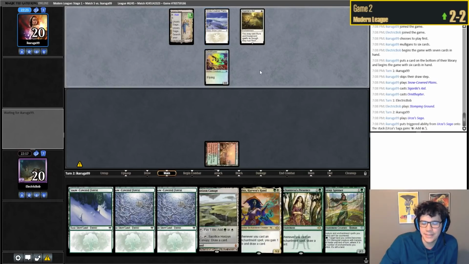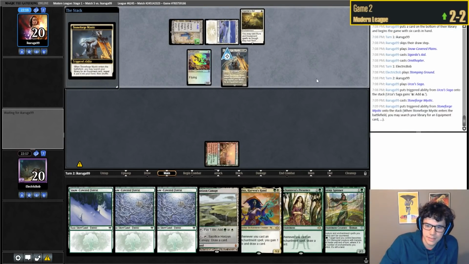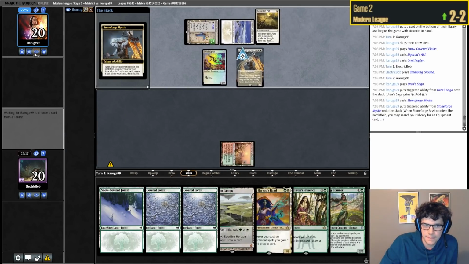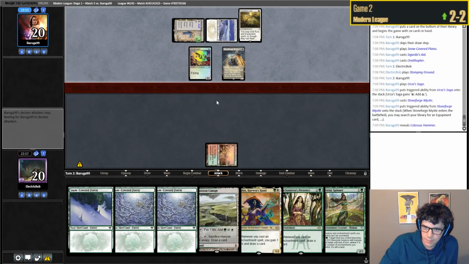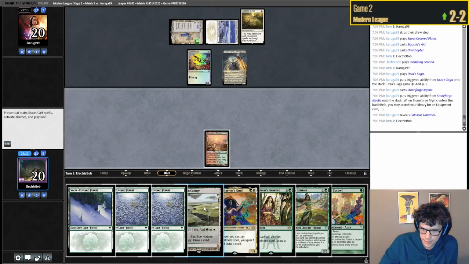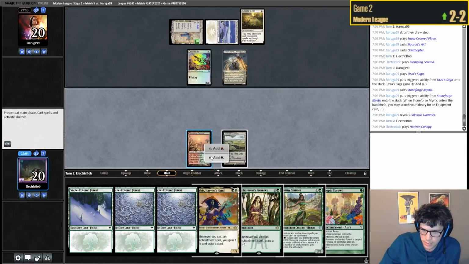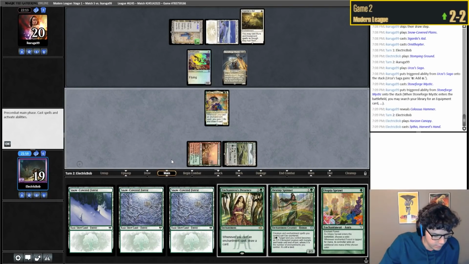Oh, no. Just kill us now. Stoneforge. Let's see what they get. Get Cauldra. No, they get a Colossus Hammer. Smart. Smart! They're working smarter, not harder. Okay. What does that do for us? I think what we're supposed to do is do this. I think this is what the smart move is. Might be wrong, but...